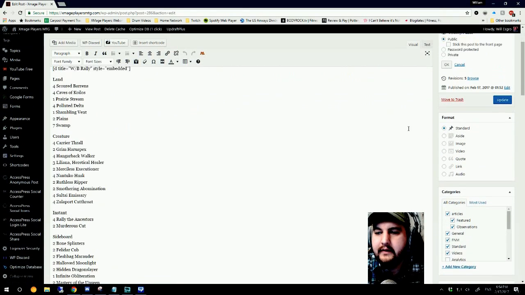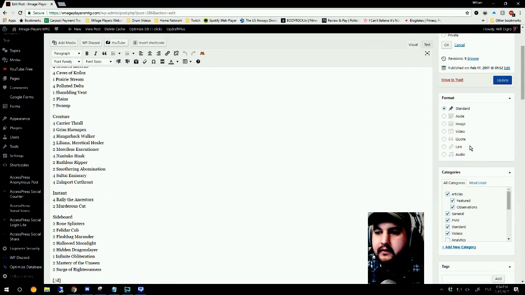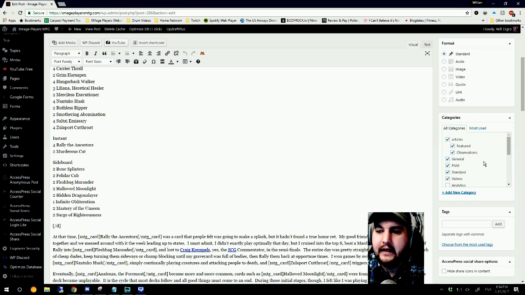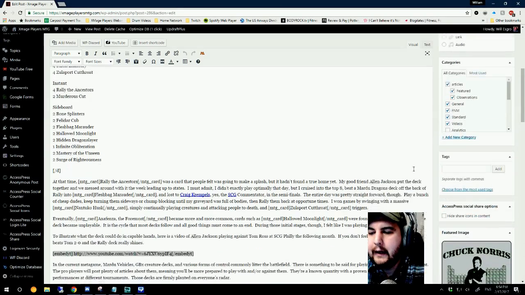As you're writing and once you're done with your article, you want it in standard format on the right here. The categories are really going to be whatever it pertains to. You could set all these, and then as we look at it later, we'll choose if it's in the right categories. But by you setting those to begin with, it would actually be helpful for us, because then we can narrow it down and make sure we want that on those areas of the site.